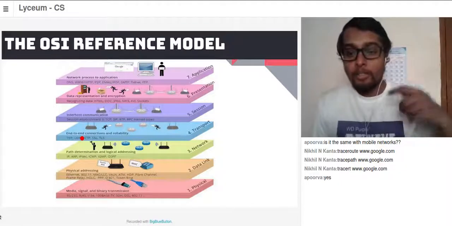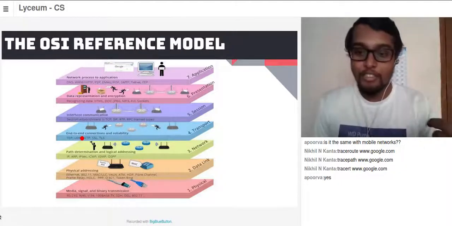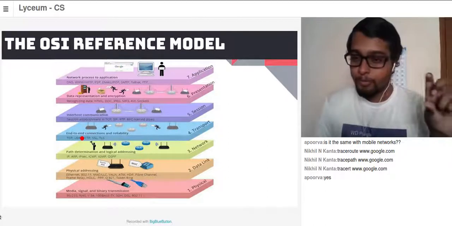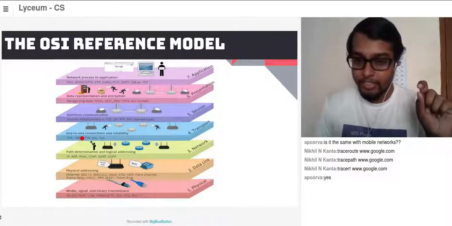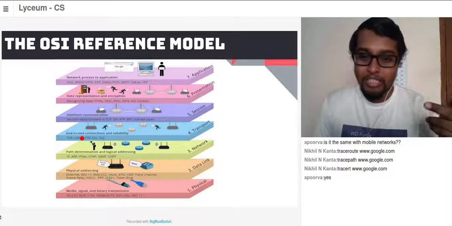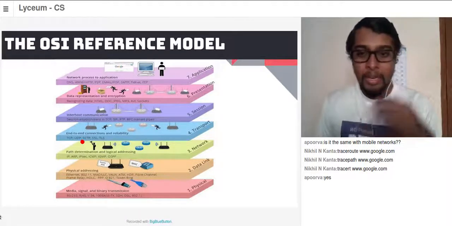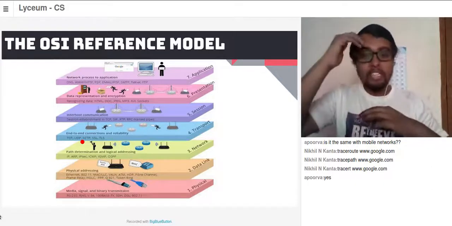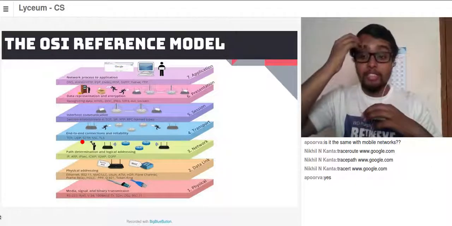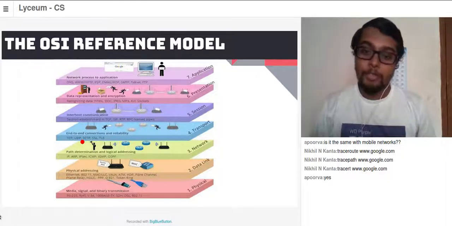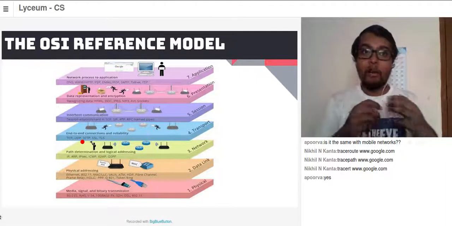So these three are your initial physical, data link and network layers. They are a combination of hardware and software, and everything on top of these are your software layers. The fourth one is your transport layer,